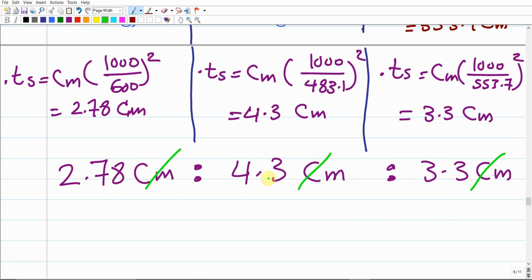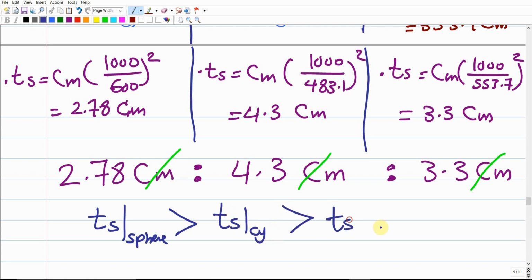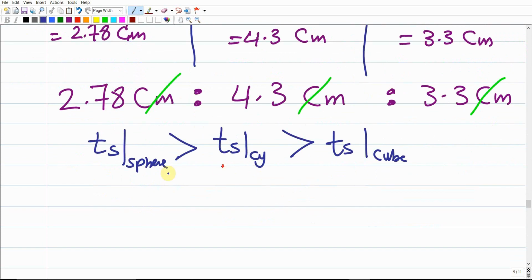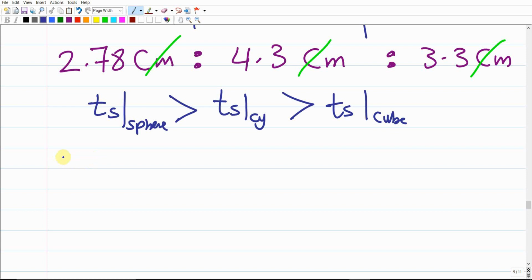So as you can see, the sphere is going to take a longer time, so we end up with the solidification time of the sphere being the largest one, and the second one is the solidification time for the cylinder, right? And it's going to be larger than the solidification time of the cube. So what does this mean? It means that the cube will be first. So cube will be